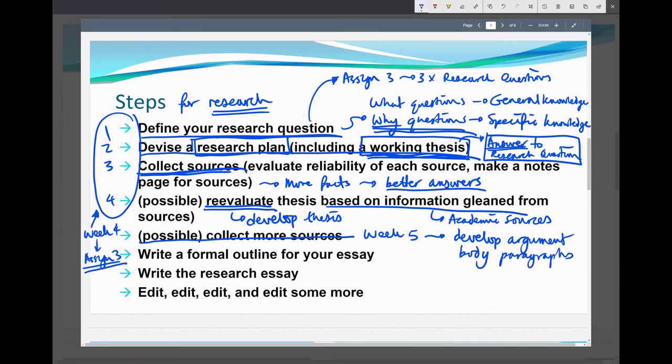Okay, and with enough information, you develop an outline for your essay. Now remember, your opinion essay has your opinions and reasons why. In your research essay, you're going to have also reasons, but then they're all backed up by individual research, supported by